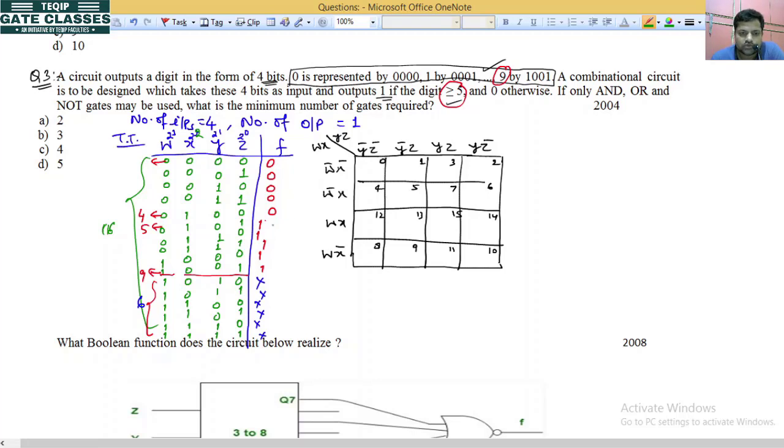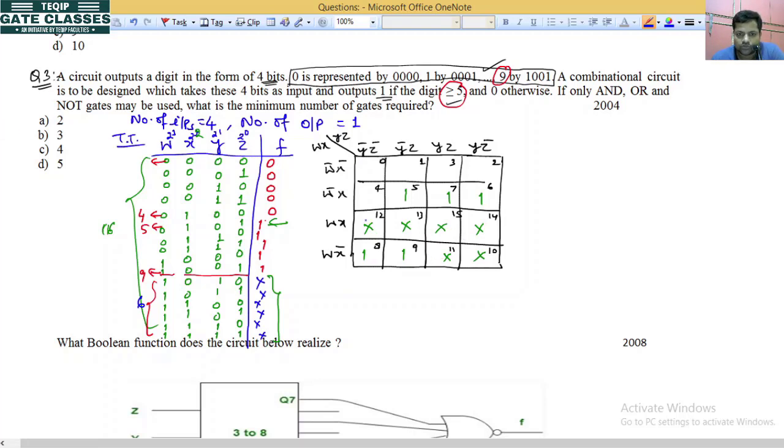So I am going to consider sum of minterms. It will be 1 for 5, so wherever 5 is, put 1. 6 is 1, 7 is also 1, 8 is 1, 9 is 1, and the remaining ones are don't care. So 10 is don't care, 11 don't care, 12, 13, 15 and 14 all are don't care. Now I am going to